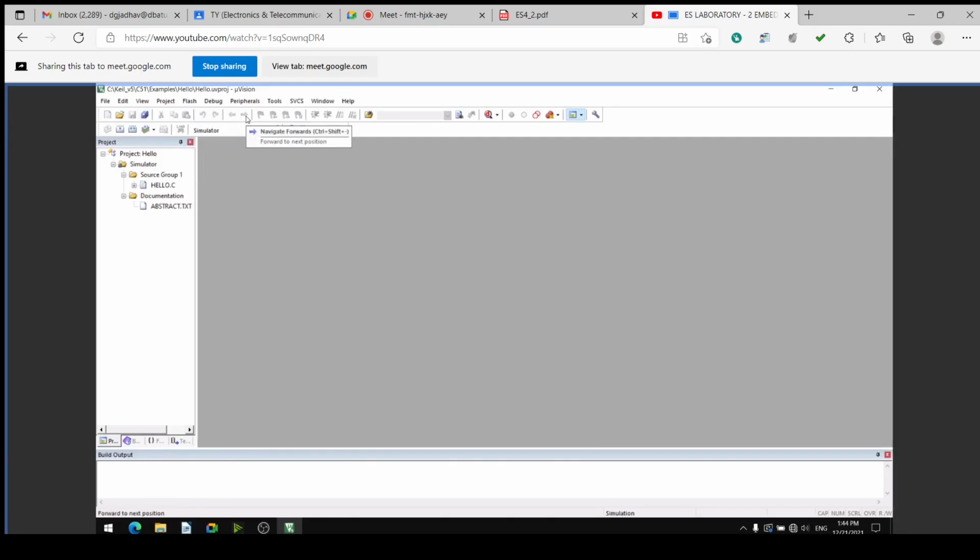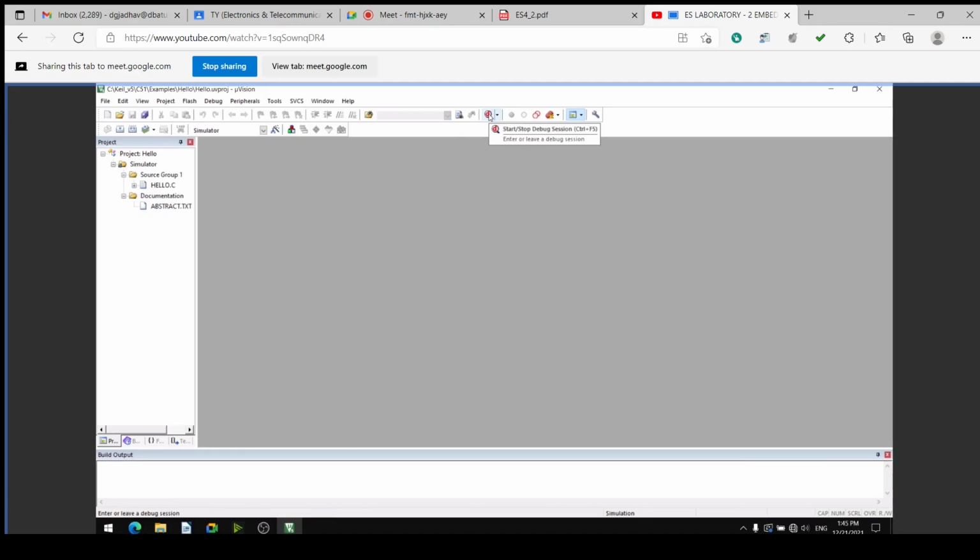This is navigate backward, navigate forward, and these are some bookmarks. Then some indenting, then translate, build, rebuild and batch build, everything is there. This is the debugger, start and stop debug session.